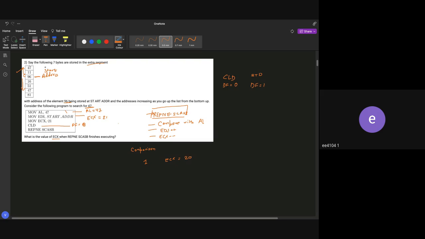Now it will again compare it with 11. So it will compare with 11 and then it is not 47. So still it will change the address from this one to the next one, which is this one, 47. And it will again decrease this ECX. So ECX will equal to